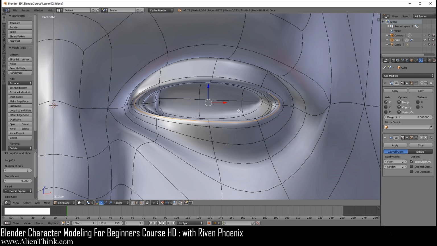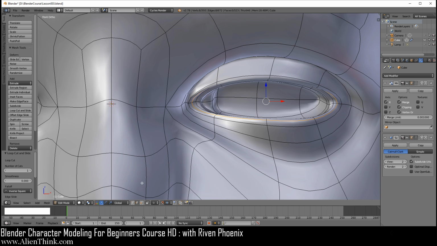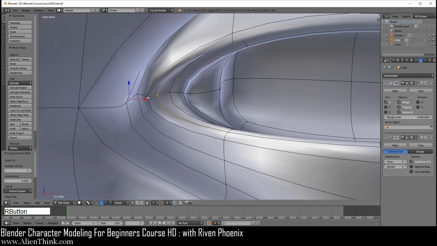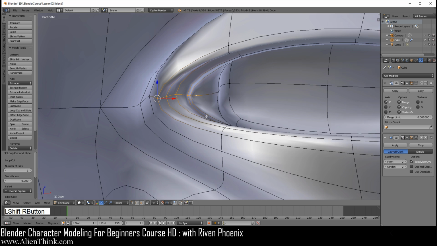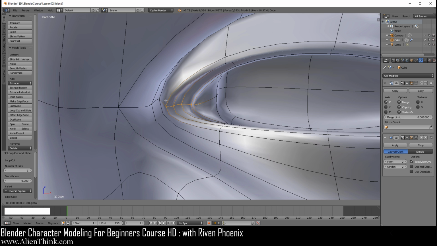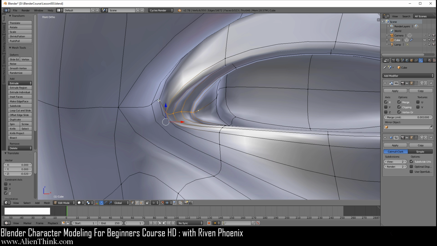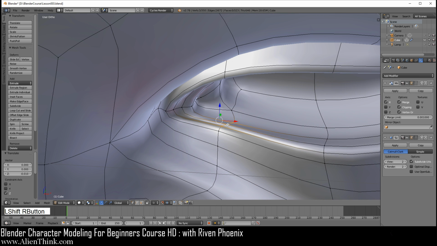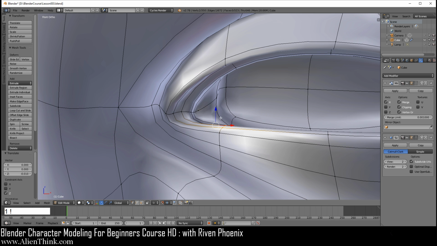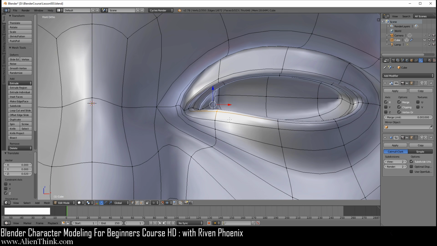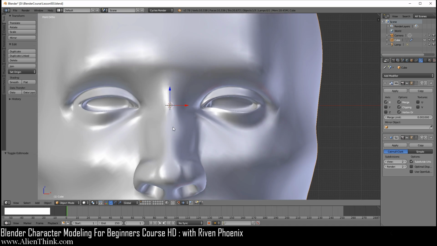Now I'm going to do the front view. So what I want to do now is go to shift over here. I'm going to go ahead and click on these vertices over here. Just click on this one, this one, this, and this. You're just going to bring it down 1 and then 2 over here. And actually bring this one down just a bit. Go ahead and select this vertex over here, this vertex, not that one. Go to your front view and just move it up 1 and then 2. The reason we did that is because it gives you this nice idea for the eye, right? So if you move out, you'll see that we've automatically defined the structure correctly over here.